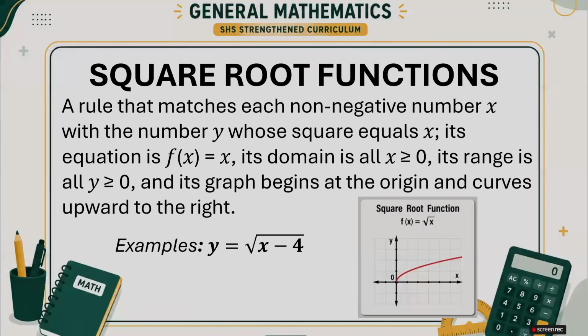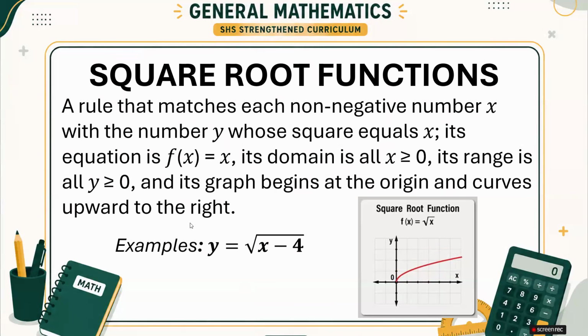Now let us proceed to the next type of function. Let's have the square root function. A square root function contains a square root symbol, and the basic function is y equals the square root of x. I think this is a typographical error as well, so it should be the square root of x. Easy clue: you just see the square root. Its graph starts at the origin and curves towards the right. Look at the graph. It's like a half parabola going to the right.